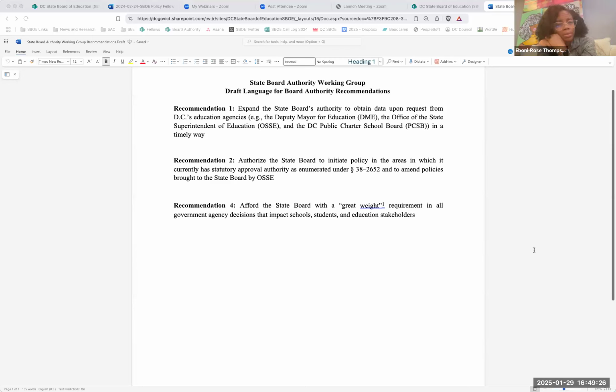Can I ask a question? Recommendation two has two parts. One is about amendments, because currently we vote up or we vote down, and the other is about initiation. Do you have broader thoughts about the ability to amend? I'm supportive of that. I do support the ability for us to amend it and not just vote up or down. I think we should make sure we don't have to adjust other provisions to give ourselves that authority, but I would support that ability to propose amendments to the provisions.